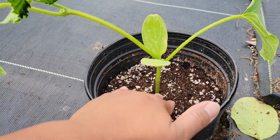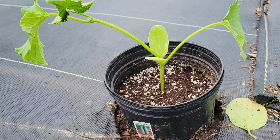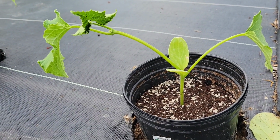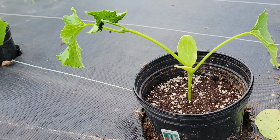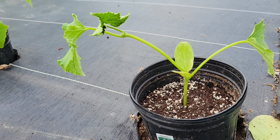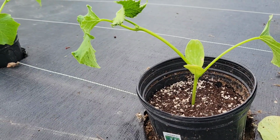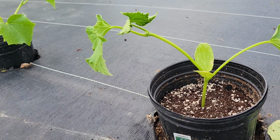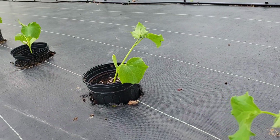So this growing medium inside is potting soil, and then with that it's very easy to put your cucumber seedlings, or if you want to start from seeds, you can just put seeds in here and then water it, and then it will grow. And this is gonna be really awesome because I've had a lot of problems planting my